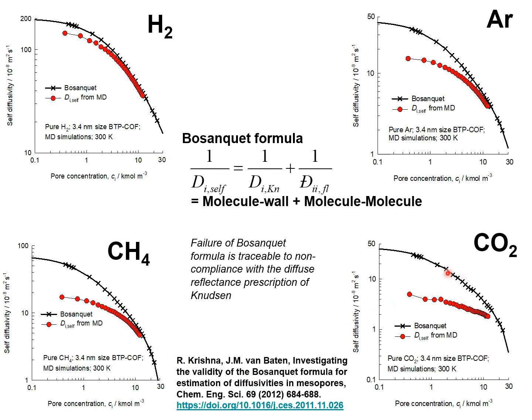The accuracy of the Bosanquet formula for CO2 is significantly poorer than for methane because of the much stronger adsorption strength of CO2. That's about